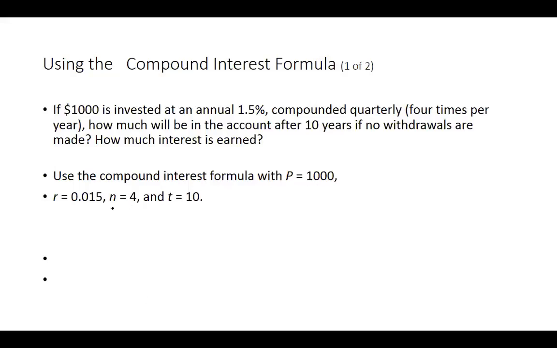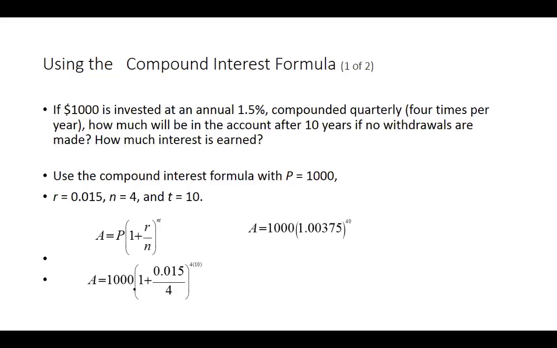We know P is equal to 1,000. Rate is equal to 1.5%. You divide 1.5 by 100, you get 0.015. We change it to decimal. N is 4 because this is compounded quarterly. And T is equal to 10. So we're going to use our formula, basically substitute the values, and we can solve for A. So A would be equal to 1,000 times